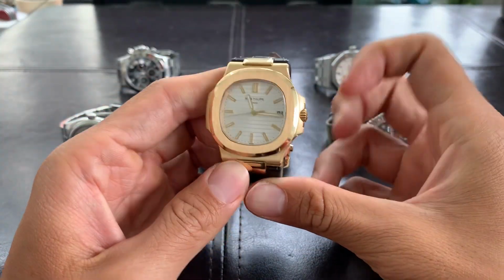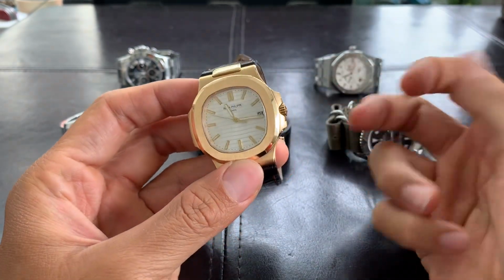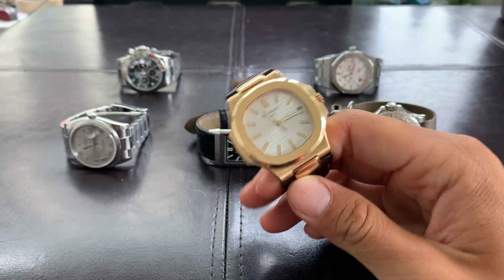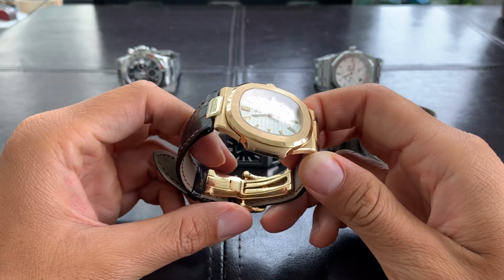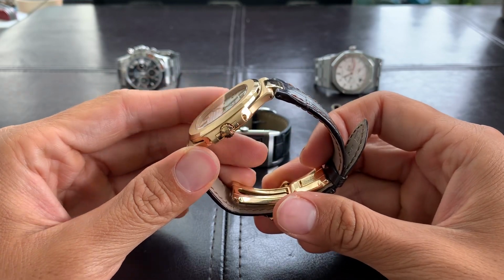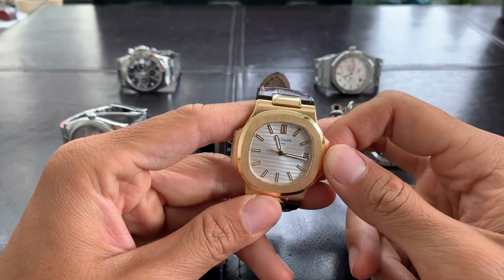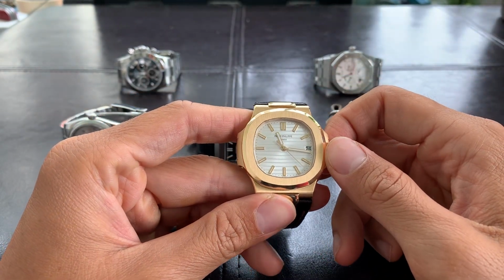And last but not least, this is, I guess, the centerpiece of my collection. When I consolidated my collection, I used to have about 12 watches. I had a lot of steel Rolex sports watches, and I consolidated them. I sold them all off. I sold a bunch of Explorer 2s. I sold my Submariner. I sold my Pepsi GMT Master 2. I sold a couple Datejust, and I sold a lot of Speedmasters, and I pumped it all into the